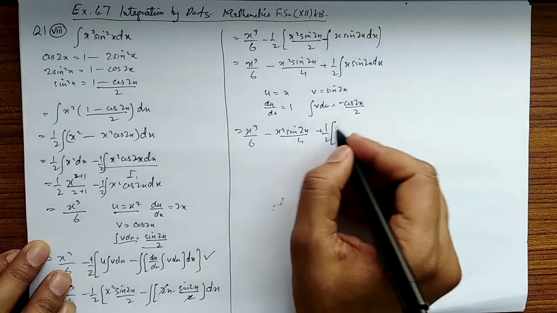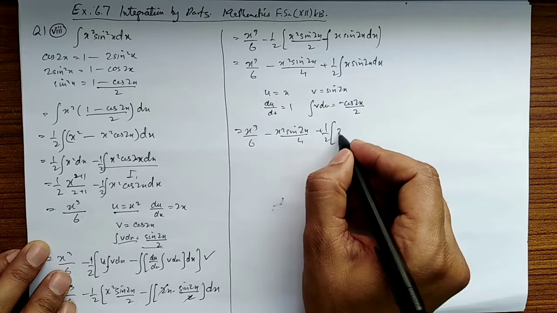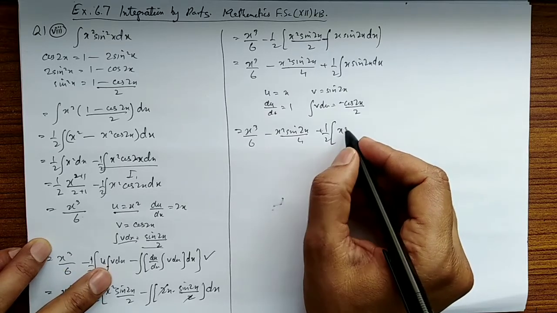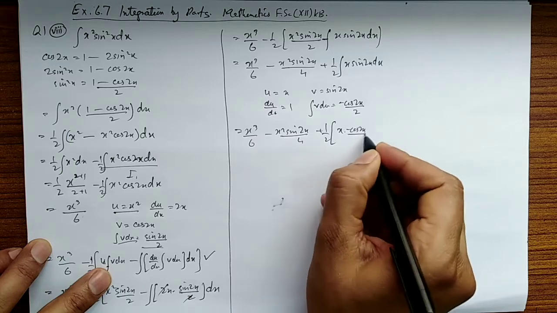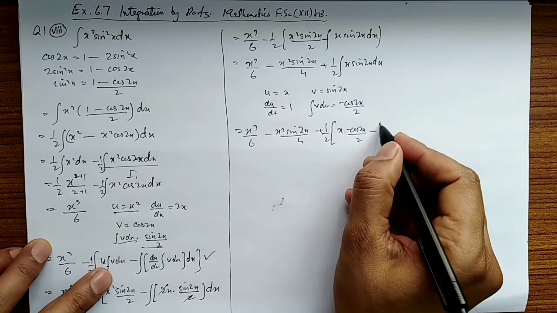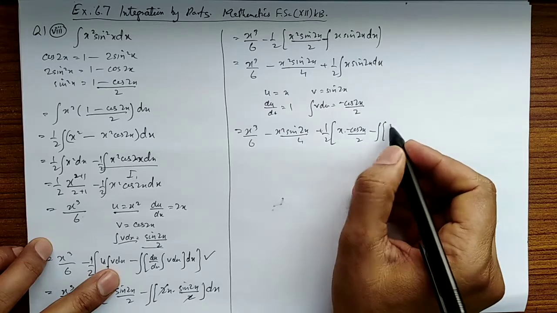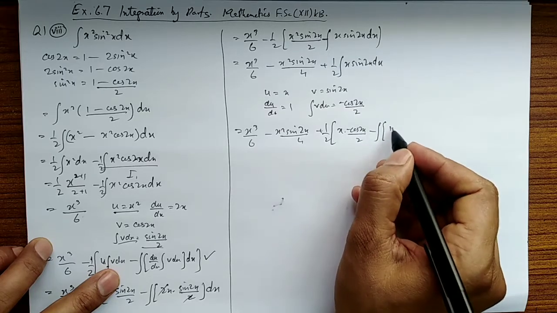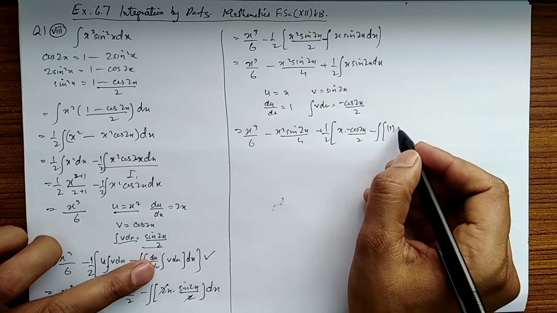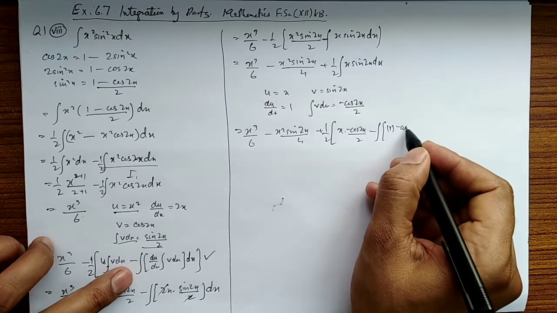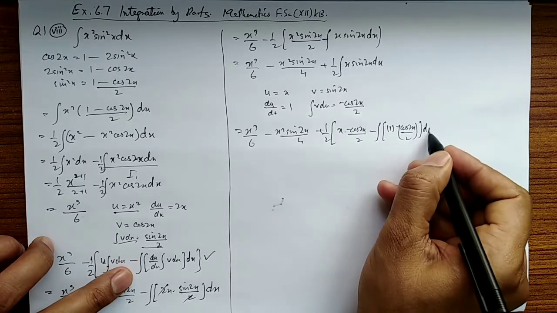And now applying the formula, first write u, which is x, integral of v, that is minus cos 2x upon 2, minus integral of the derivative of u, that is 1, and integral of v, that is minus cos 2x upon 2, dx,